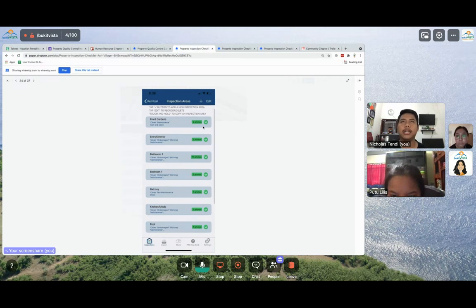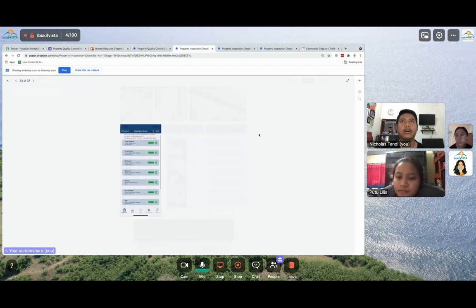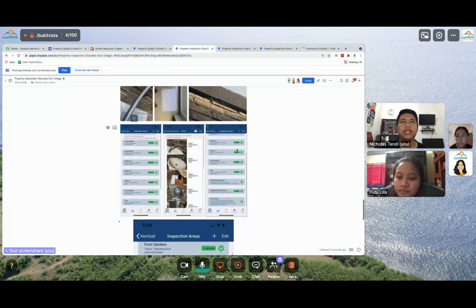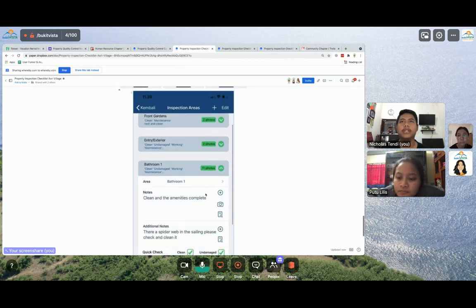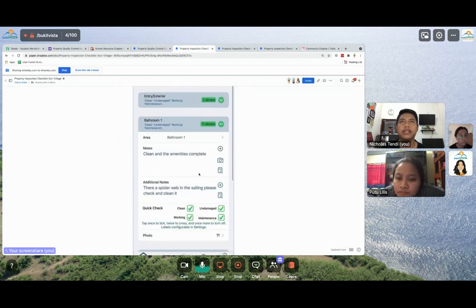Terus ini ada setiap komponennya, setiap areanya, front garden. Nanti ada juga breakdown-nya di bawahnya. Untuk breakdown-nya tampilannya seperti ini: area, bathroom, notes-nya apa, clean and the amenities complete, additional notes-nya seperti apa, there is a spider web, misalnya in the ceiling, please check and clean it gitu.